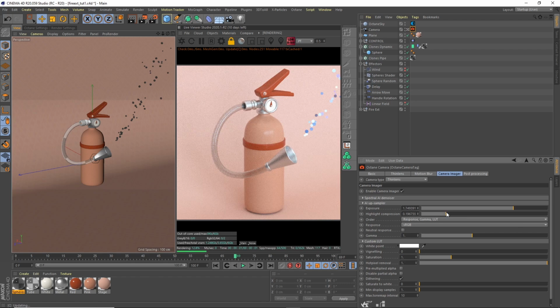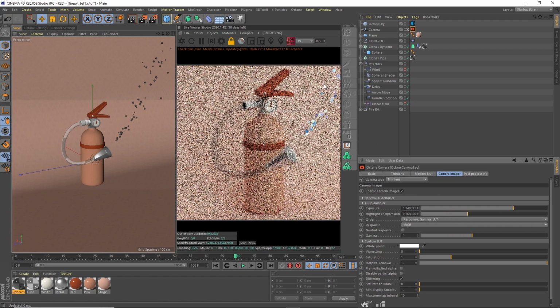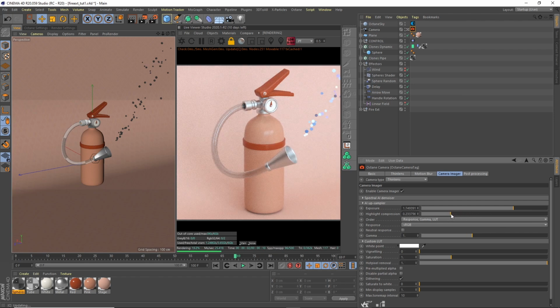I can turn on this highlight compression. Those bits that are blowing out, you can kind of stop that, and play around with the gamma. I kind of want it to be in this pastel-y sort of zone. Maybe I might want to add a light in over here. So let's